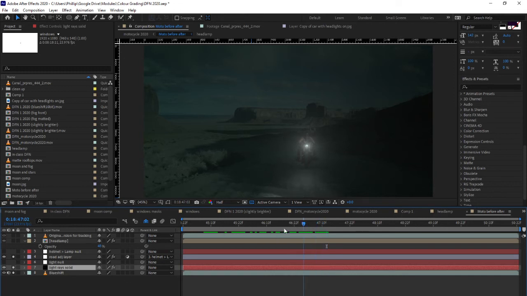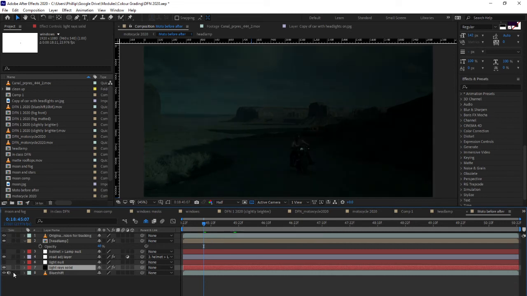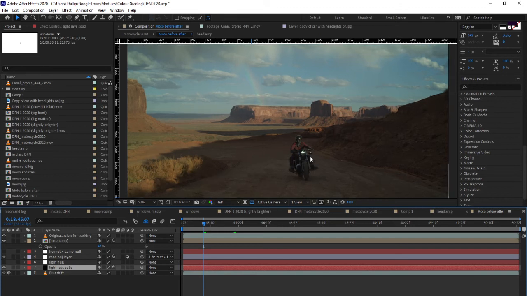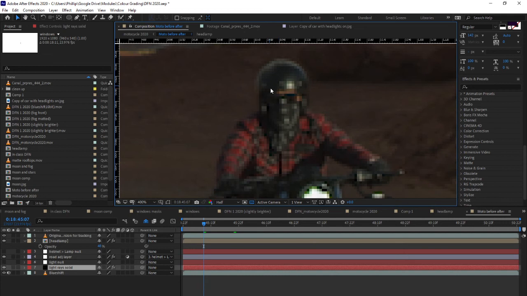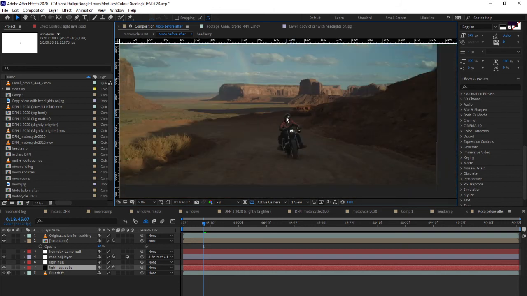There's a bit of tracking, which is going to be done here in After Effects, and we only really need to track two objects, or two features in the scene. We want to track the headlamp itself, and we're going to use the shine on this guy's helmet as well, and that's going to give us enough data for us to be able to get some directionality into the light, because all we need really is some kind of a reference point to give us an angle for the light pool to fall out here onto the ground,